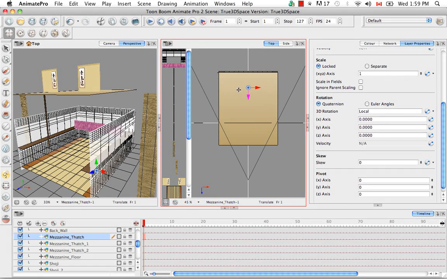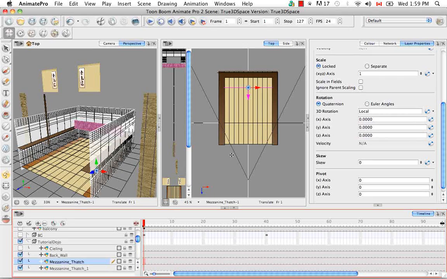Oh, right, and you can't see what's going on because the ceiling is acting like a cap. So you can always hide what you don't need. Always do that. When I've been adjusting, if I'm in the side view, I often made this part of the wall disappear because I needed to see what was inside. I often got rid of the ceiling because I needed to see what was happening from the top. So wherever you are, don't feel shy to hide what you don't need so that you can look into your three-dimensional object more clearly. So this balcony thatch obviously has to align itself with the edge of the mezzanine floor,